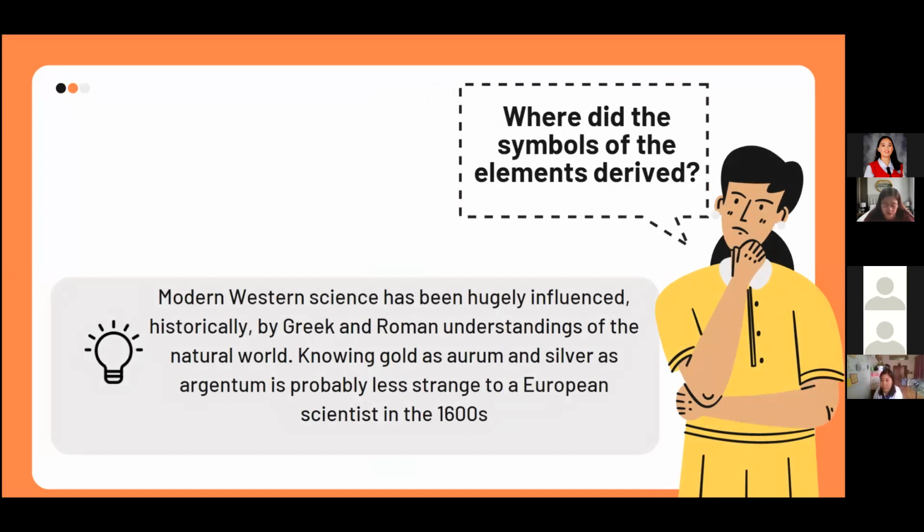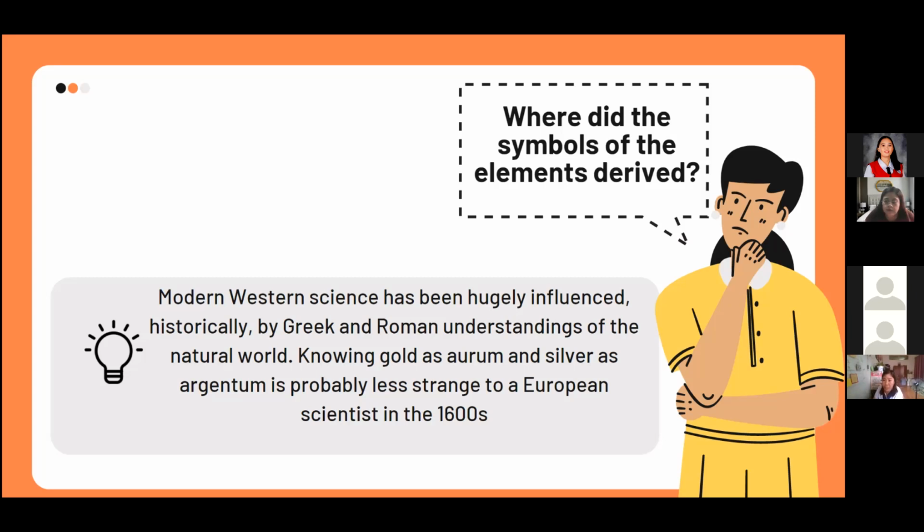So for the next question, where did the symbols of the elements derive? So actually, in most cases, ang symbols ng elements were derived either from their Latin or English names. So Latin language back then was established kasi as a standard language used in scientific writings. So yung mga scientific names ng mga organisms are actually Latin language or based on Latin. Pero trivia, Latin language is considered as a dead language na today. Kaya hindi na siya ginagamit for naming new scientific discoveries or concepts kasi dead language na siya.